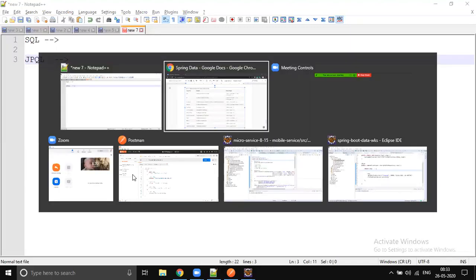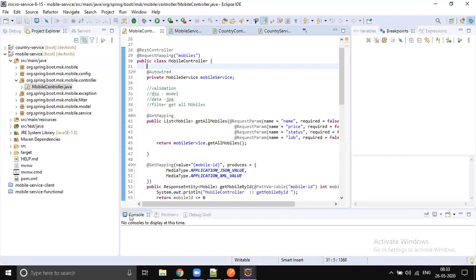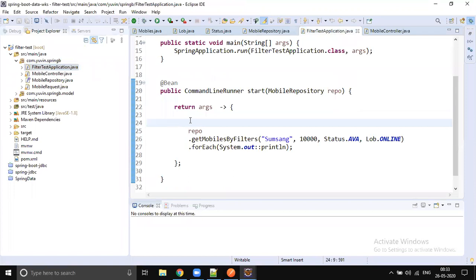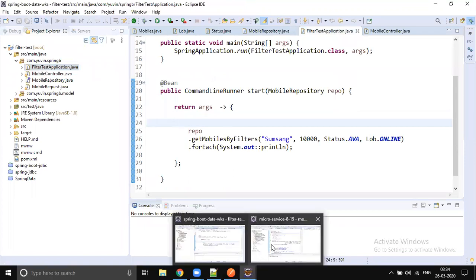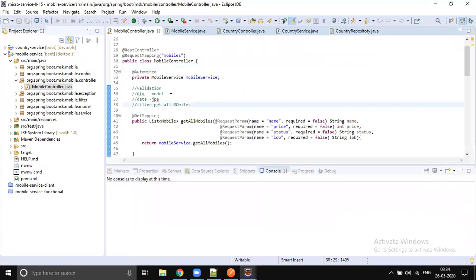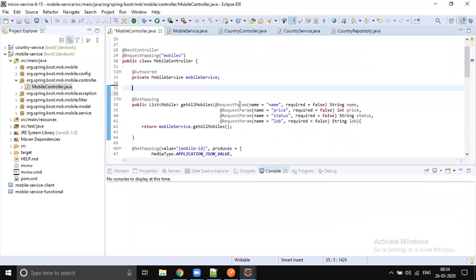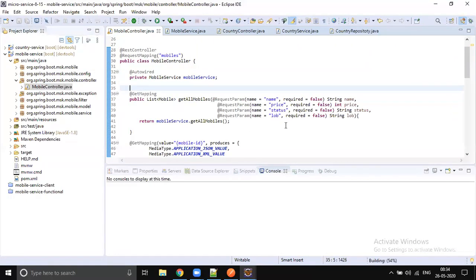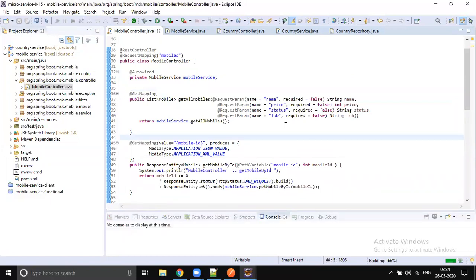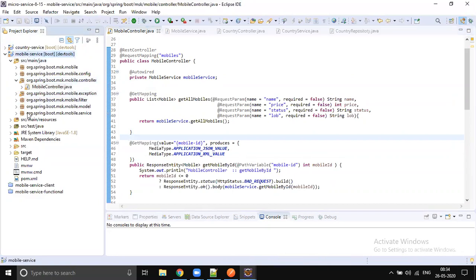Okay, and we executed some complicated example as a standalone model. Yesterday we saw that, right? So we executed one example as a standalone model, but that is not the case. We would like to integrate that with our mobile service. So right now in our mobile service, we are getting the data from a hard coded model, but that is not the case. Actually, we should get it from an actual database, right? So let's integrate a database for our mobile service.